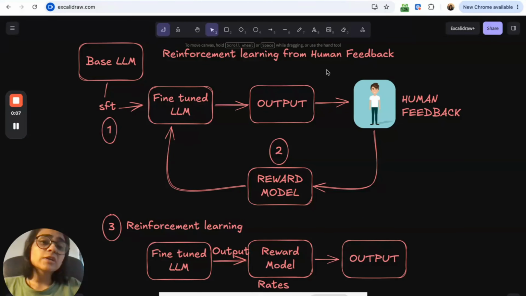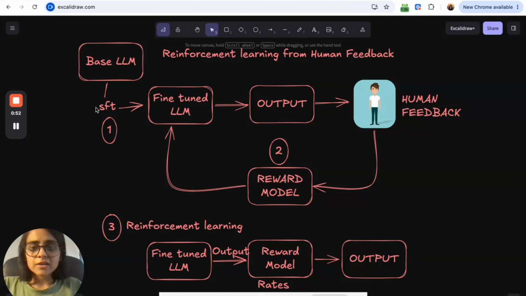So now that we have learned about supervised fine tuning, it's time to introduce you to the concept of reinforcement learning from human feedback, which actually employs supervised fine tuning along with human feedback and reinforcement learning to improve the model's responses. What I mean by that is that reinforcement learning from human feedback is a mechanism to improve the model's responses so that they are in alignment with human preferences, values, and intents, so that you can say if the output is helpful or not, or if it is safe or not, etc. Right? So there are three steps, as I mentioned. First is SFT, which is supervised fine tuning. Second is the reward model step, and third is the reinforcement learning.